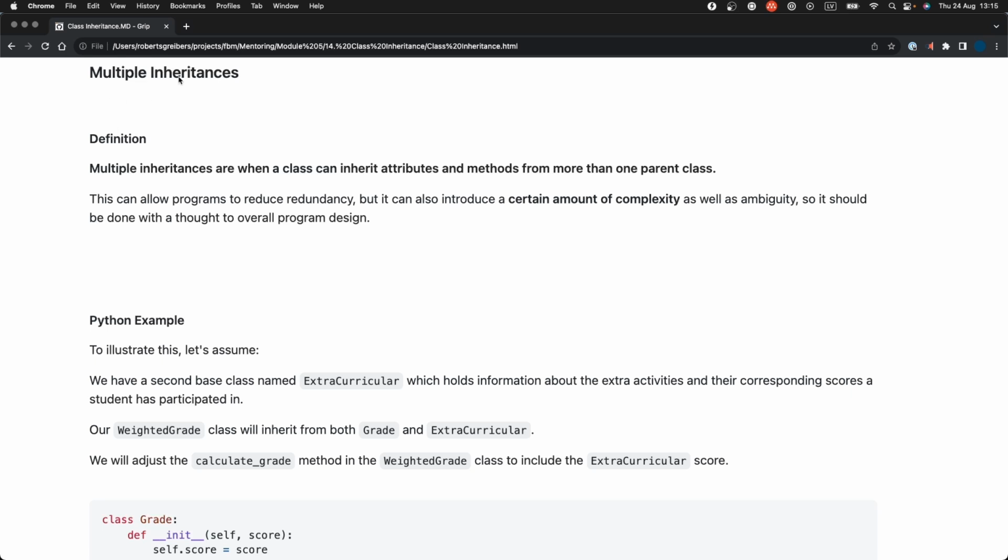So the final part that we have to discuss is multiple inheritances. So this is a way for class inheriting attributes and methods from more than just one parent class. This is sometimes useful and reduces the amount of copy-pasted code. Obviously, that's what we are going for. We want to use